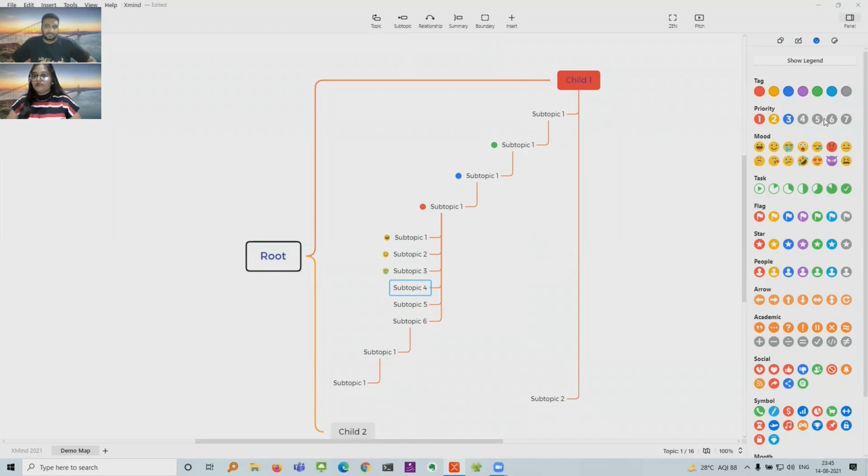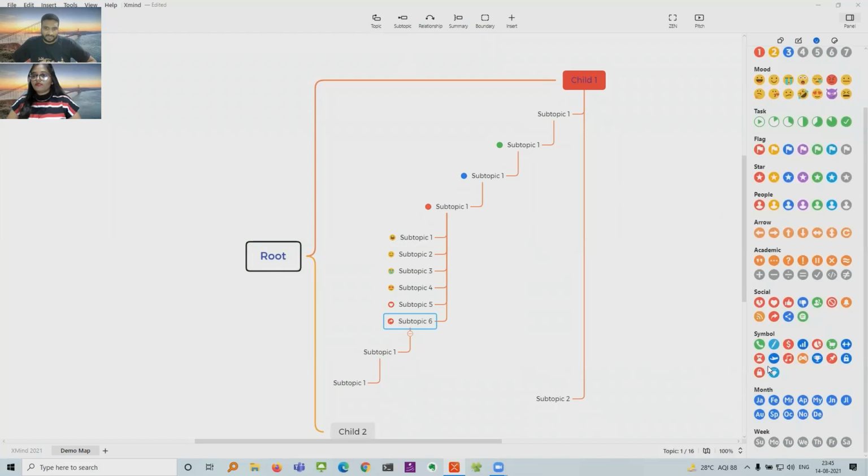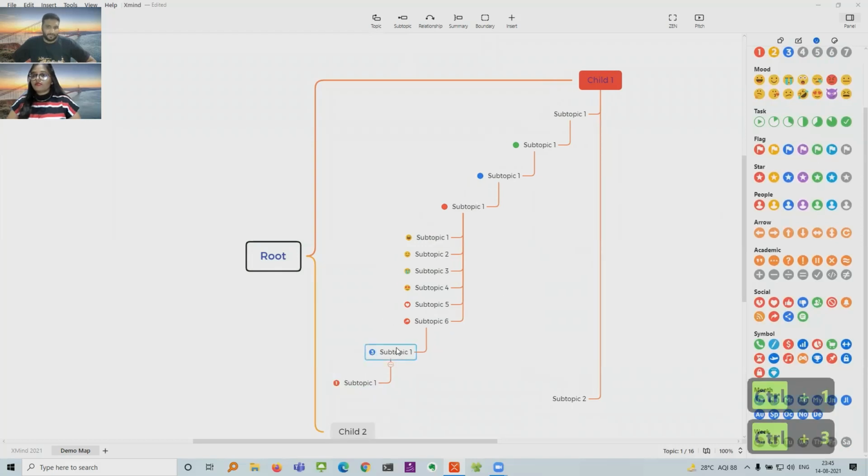So that's awesome, and this is something I use a lot. I really like using it, and it makes it more interesting, more creative, and you can find appropriate items. There are a lot of such tags available for different situations, and if you know the shortcuts, you can directly create them through the shortcuts also. So that's awesome.